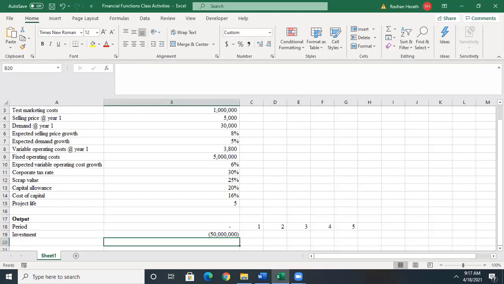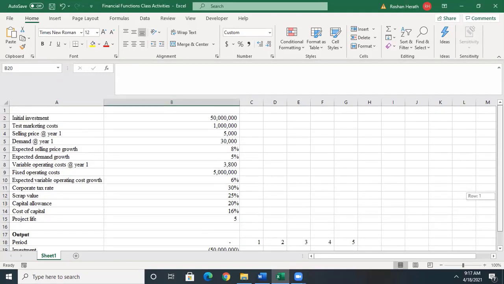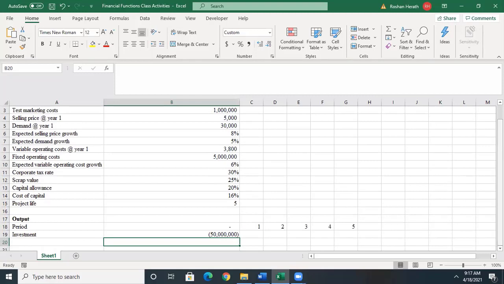In fact, if you have gone through the videos, you would definitely have caught this. The test marketing cost is not a relevant cash flow because there's no guarantee that having incurred this marketing cost it will bring any future cash flows. So hence, if you have incurred this test marketing cost, it is not a relevant cash